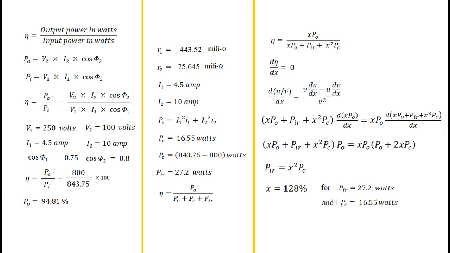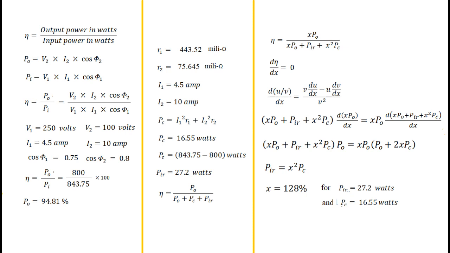The numerator part of the ratio is symbolically represented by PO. An expression for this output is shown on screen in the next step. In this formula of the transformer, V2 is the RMS value of terminal voltage on the secondary side. I2 is the current drawn by the load or supplied by the secondary coil, and the last term cos phi 2 is the load power factor. Similarly, input power may be expressed by Pi, whose expression is shown in the next step on screen.